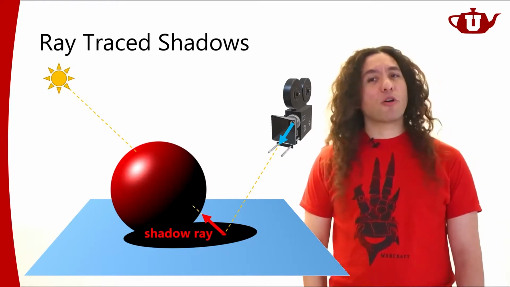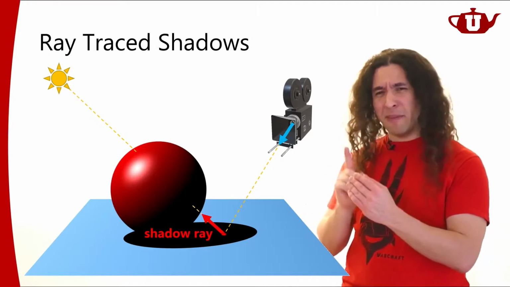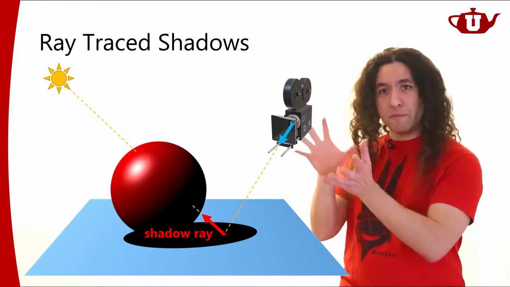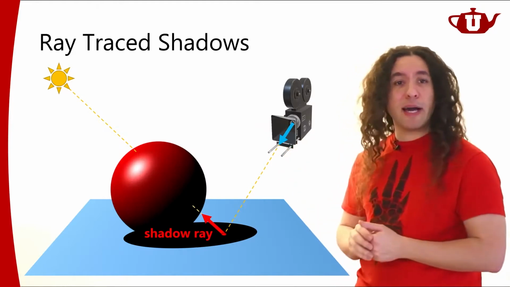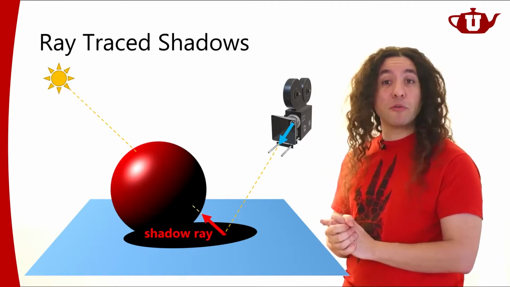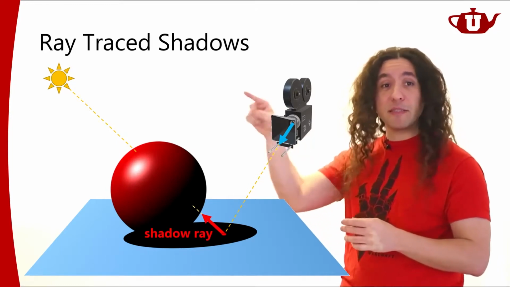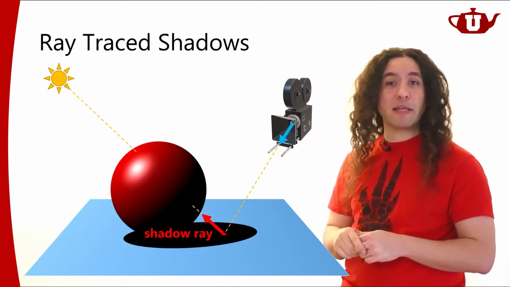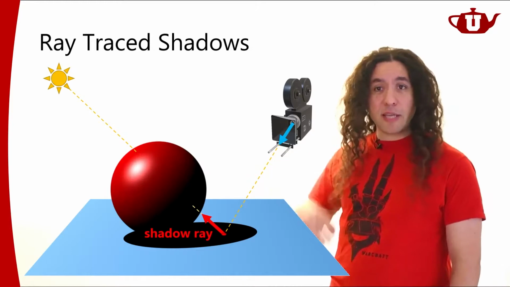What happens if I have more complicated light sources, like an area light? An area light will not have a single direction, but there's going to be a range of directions where the light will be coming from. In which case what we will do with ray tracing will be sampling. So we're going to be sampling different points on the area light. That's how we handle area lights with ray trace shadows.